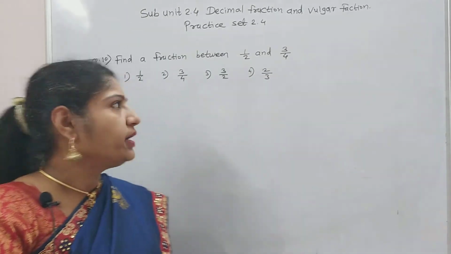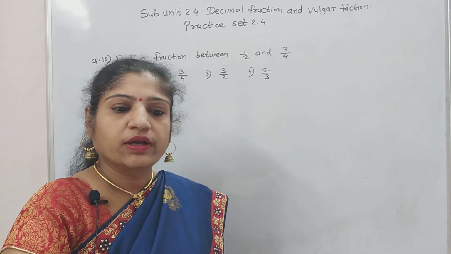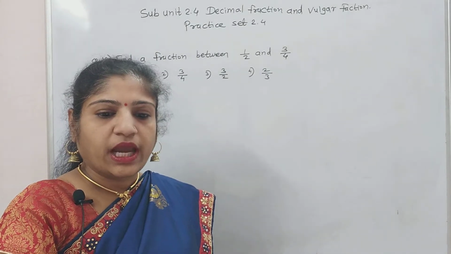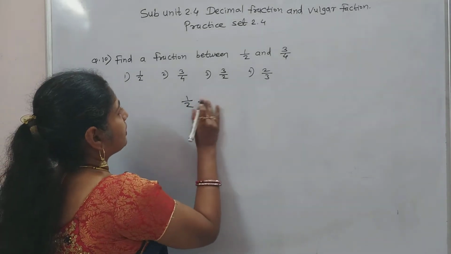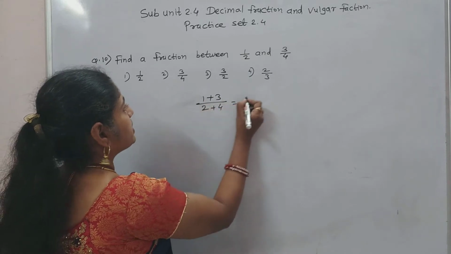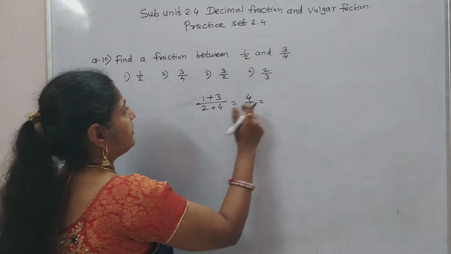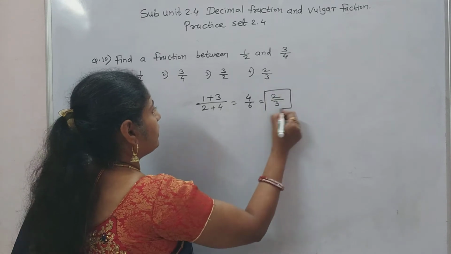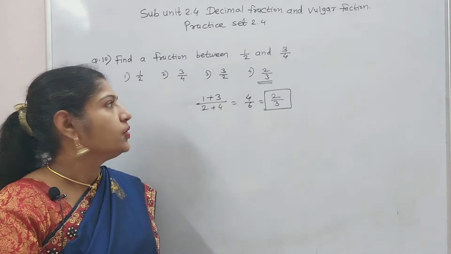There is a hint to find the number in between. To find the fraction between two given fractions, add both numerators and denominators respectively, and we get the new fraction. For example, 1 upon 2 plus 3 upon 4, 1 plus 3 upon 2 plus 4, that is 4 upon 6. But this answer is not given here, so simplify it. 2 2s are 4, 2 3s are 6, so we get the number 2 upon 3. Our answer is option number 4, 2 upon 3.